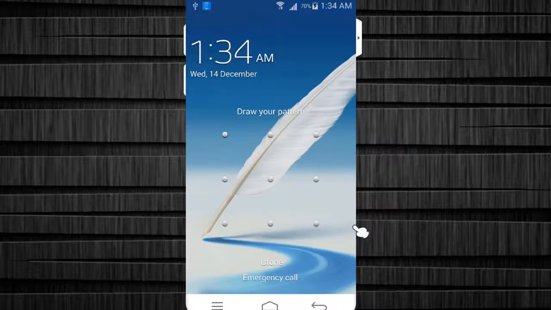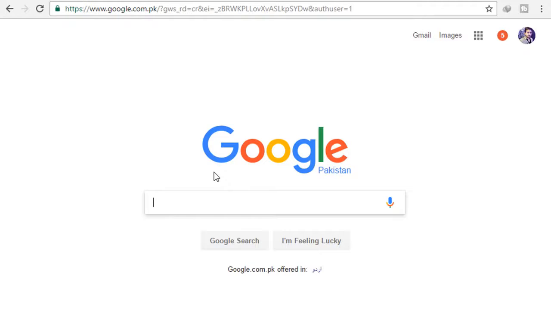And the second method is to unlock pattern lock on Android phone without losing data. First of all, download Android SDK. I have given the link in the description, or open your browser and type Android SDK tools.